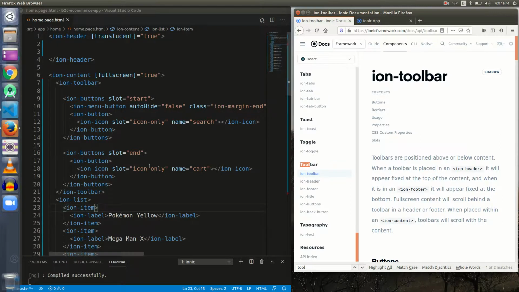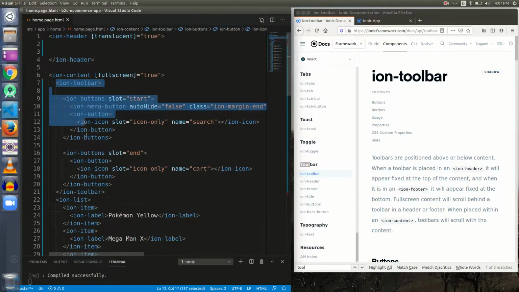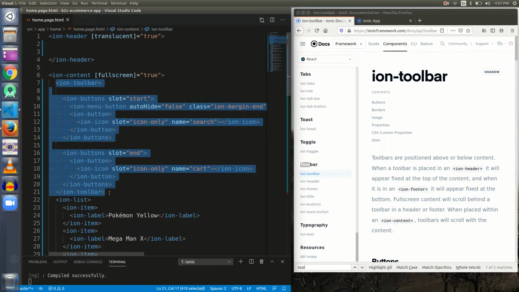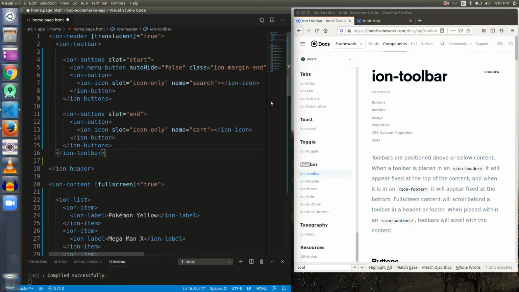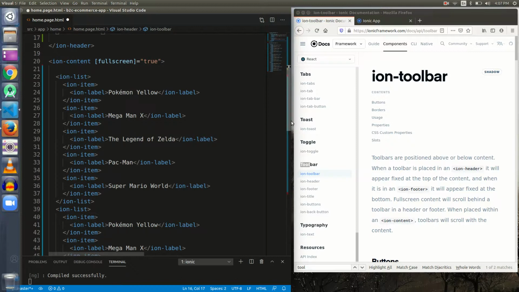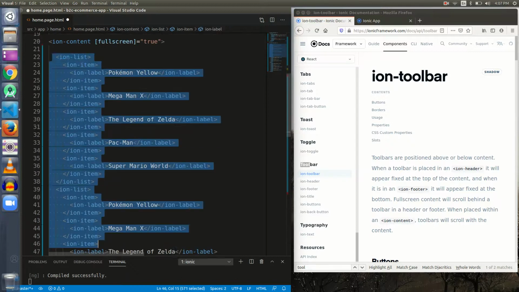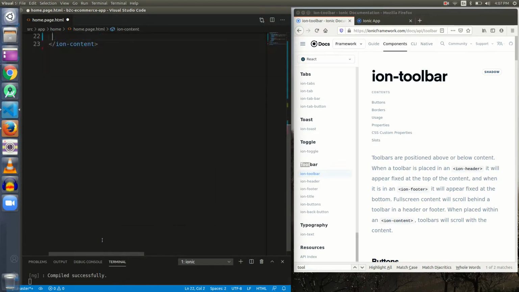So we have tested quite a lot of things, and let me put our ion-toolbar back inside ion-header, because that is what we actually want in our code, and let me remove the ion-list and get the things back to normal.